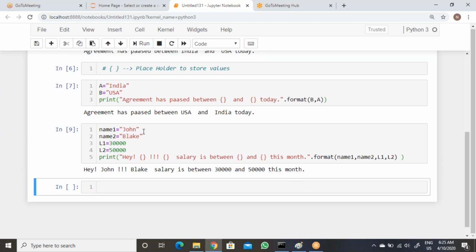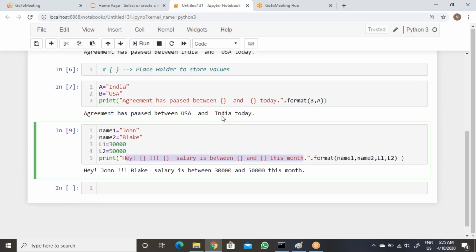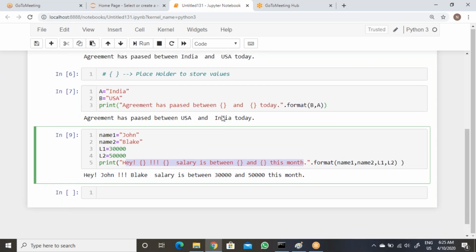String object dot format. Now execute here. See now, hey John, Blake's salary is between 30,000 and 50,000 this month. So whatever values we are passing go into the string using placeholders.